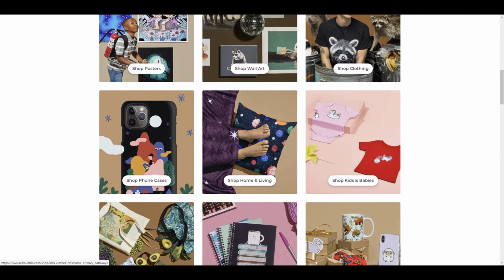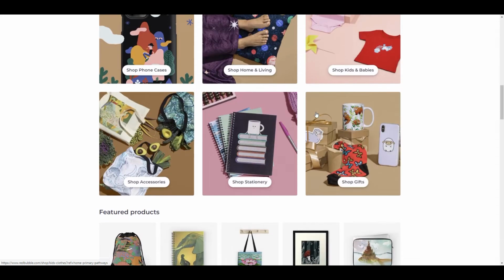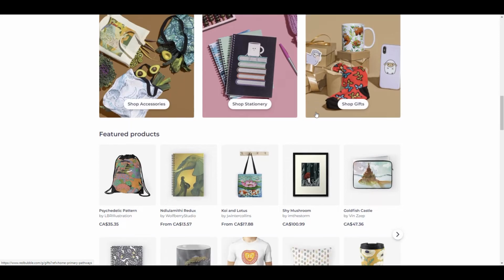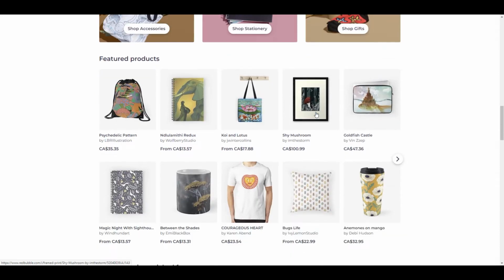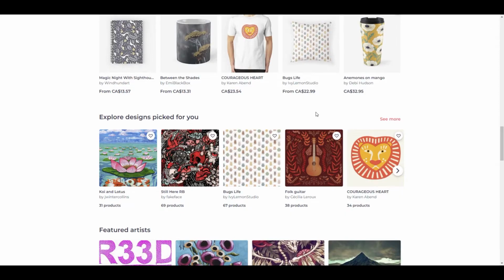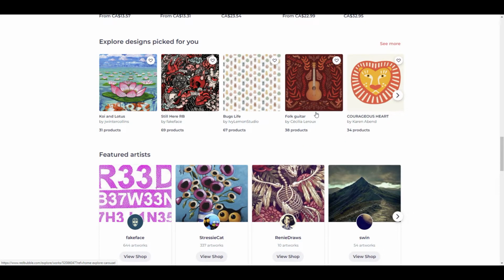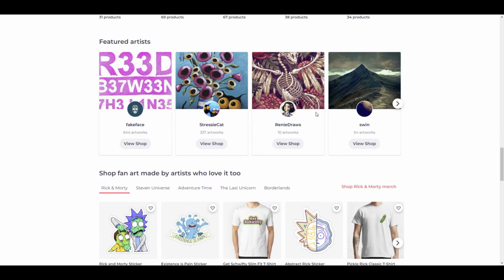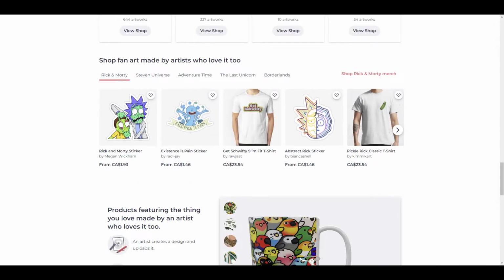Now, one thing that I would also recommend is if you have designs that you're not too sure of and you're thinking about it, maybe have a friend or family member take a look and see what they think of your design. Maybe there's something that you can tweak. By having a second set of eyes looking at your designs, there's the possibility that you could have changed something and gotten more sales if you'd listened to a friend or family member. So it's always good to get a second opinion on some of the designs that you're uploading,